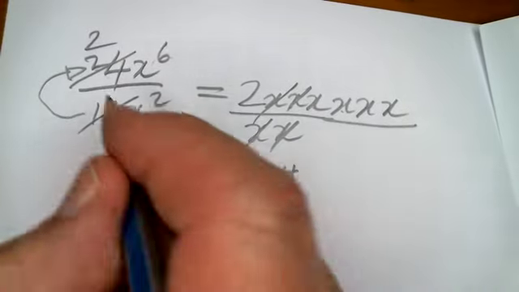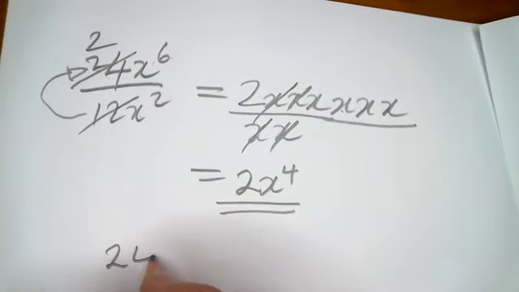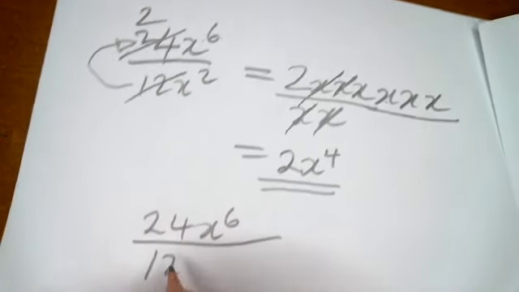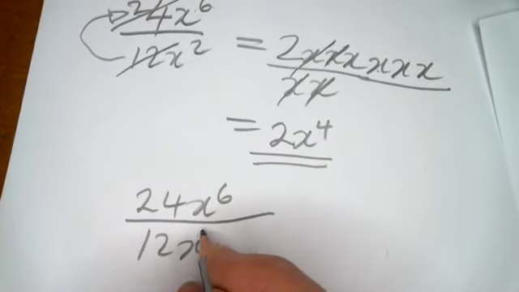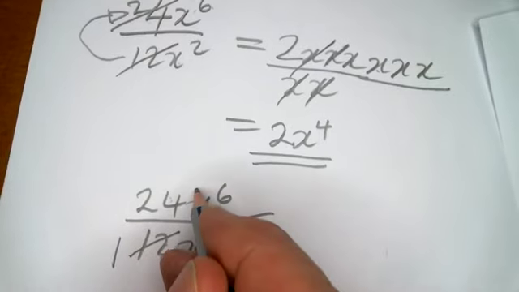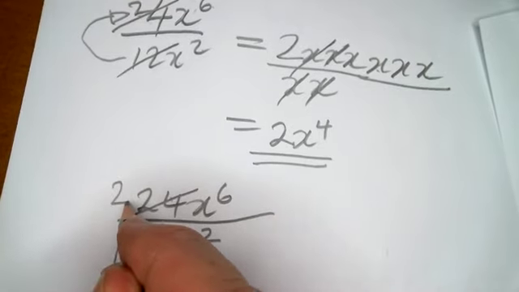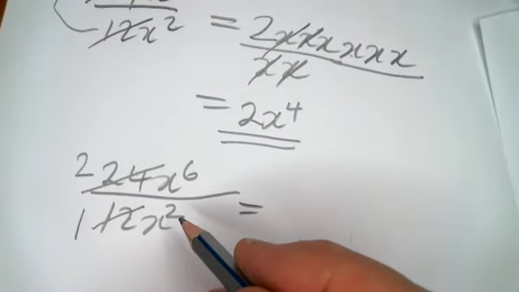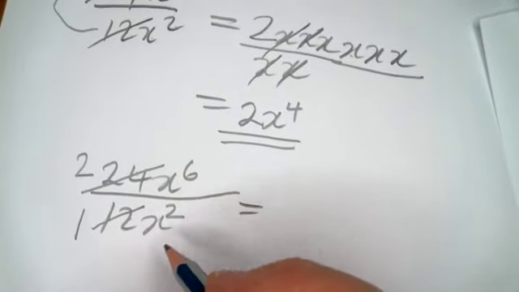Another way would be to say, I've got 24x to the 6 on 12x to the 2. What's common to 12 and 24? Well, 12 is common. If I divide 12 by 12, I get 1. If I divide 24 by 12, I get 2. Now, when I'm multiplying